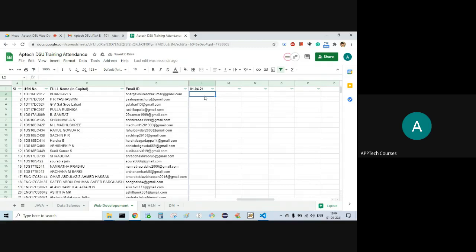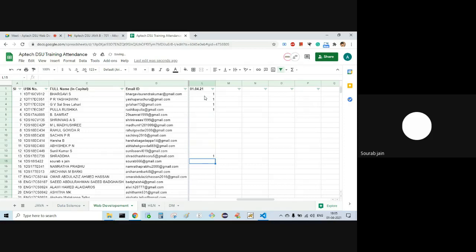Please answer your attendance. Bhargavi, present, sir. P.R. Yashaswini, yes, sir. Saishi Lari, present, sir. Tula Arshika, present, sir. Amrat, Srinivas, ML Madhushri, Rahul Gowda, Sachin P.R., Asha B, Abhishek P.N., Sunil Kumar, Shraddha, yes, sir.